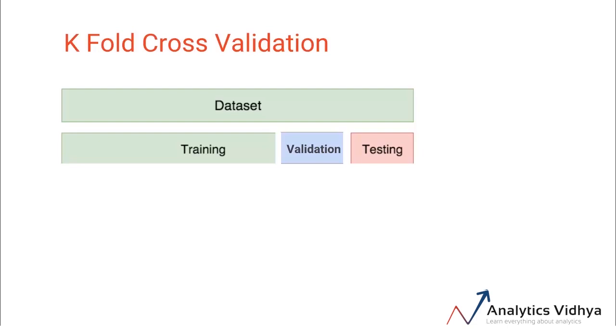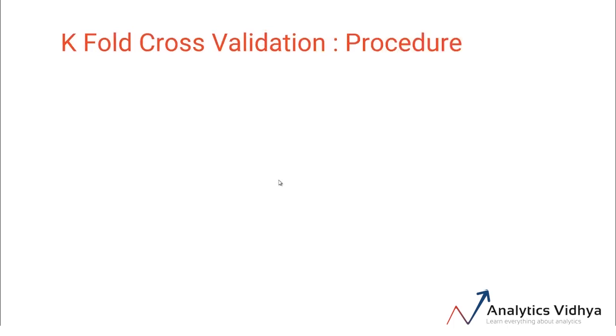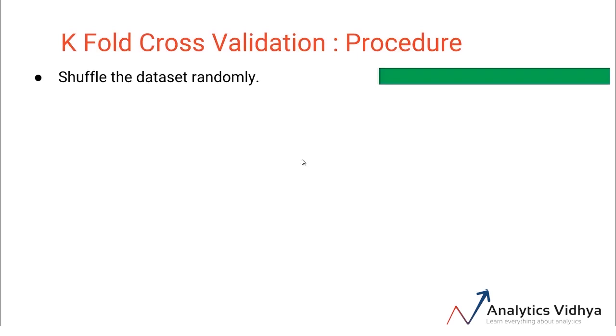Previously, while making a holdout validation set, we made 3 partitions of the dataset as shown here for training, validation, and testing. In case of cross-validation, we do not need to explicitly make the validation set. As this video progresses, you'll understand why. But before we look at why cross-validation is useful, let us understand how we can apply it. So first of all, we shuffle the whole dataset, or randomize the order of the rows in the dataset.